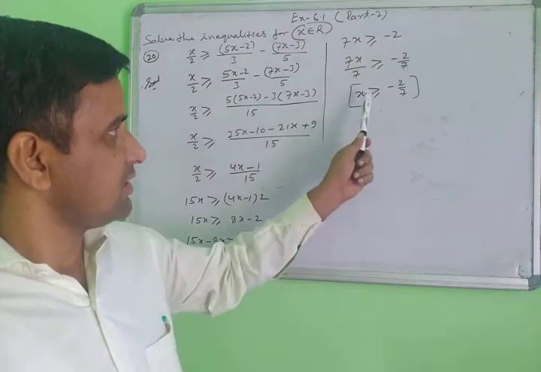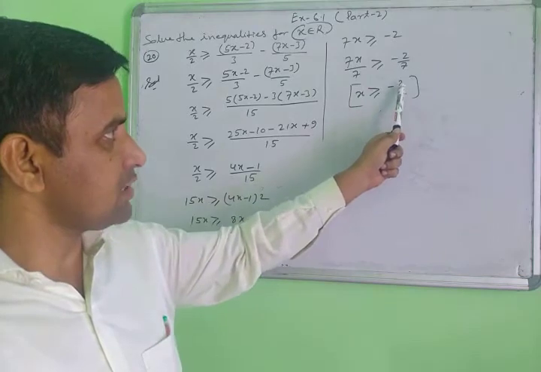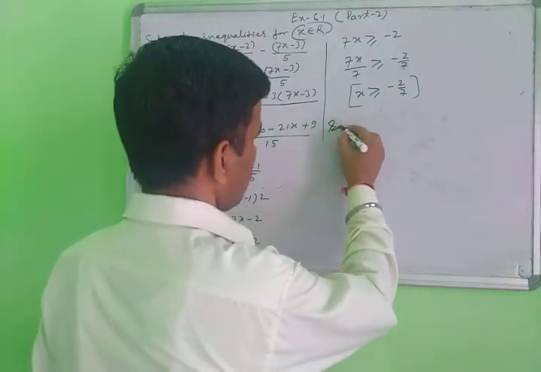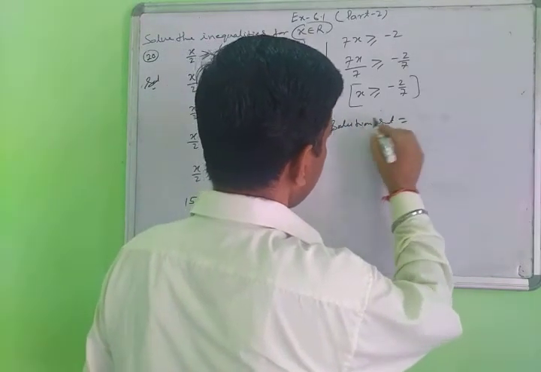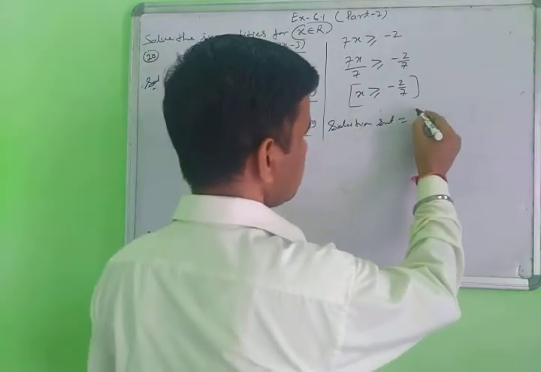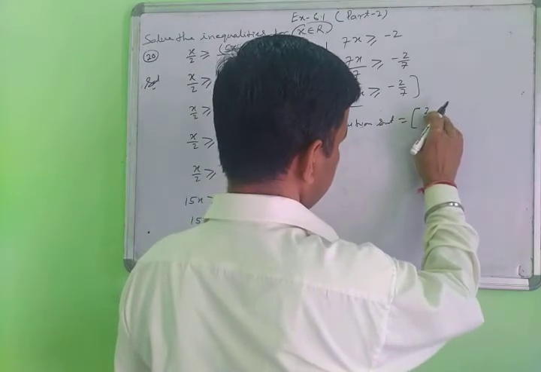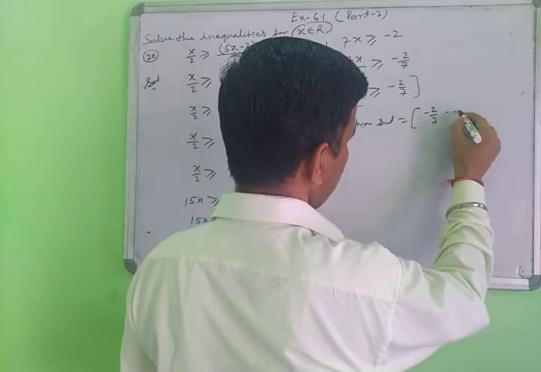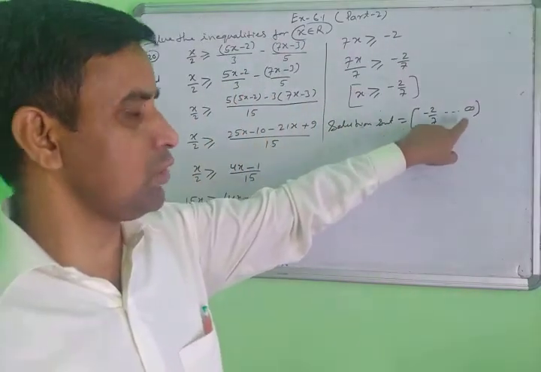Yes, students. So this is the value of x, where x minus 2 is greater than the value of x. This means the solution set. The solution set is the negative integers here greater than this. This means minus 2 upon 7 greater than. So minus infinity, minus 2 upon 7 to infinity. Minus 2 upon 7 to infinity.